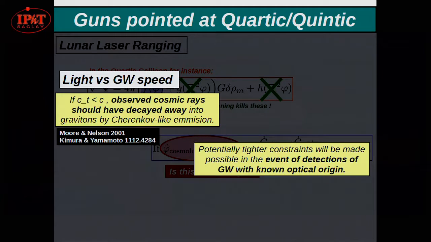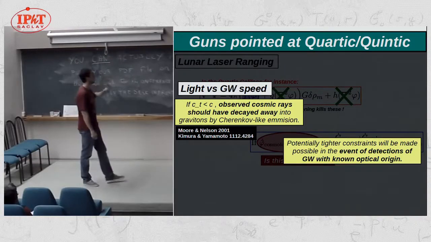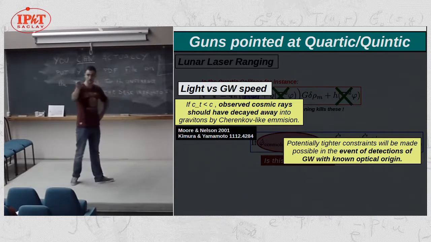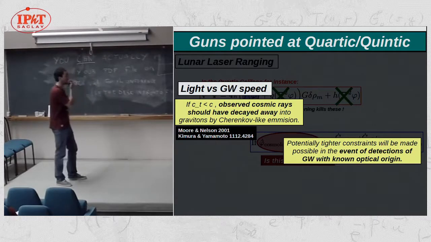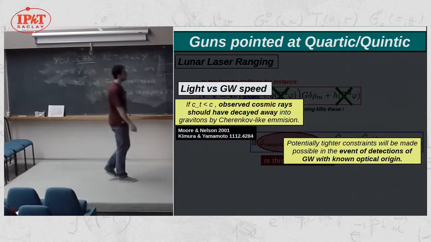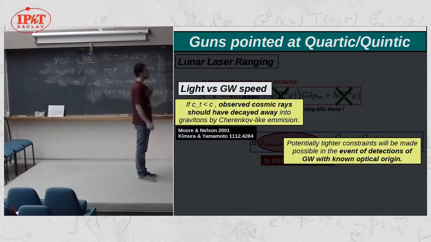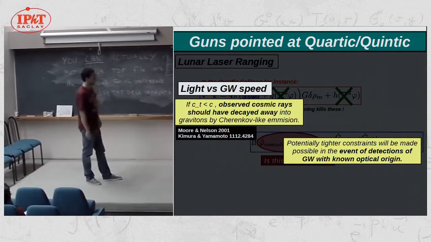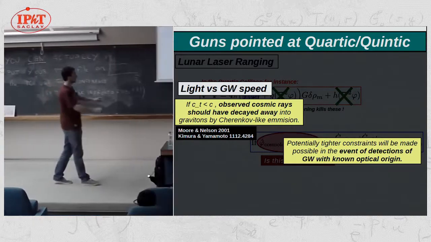Then this has been mentioned already in the conference and over drinks: the propagation of light versus gravitational waves. So if CT is smaller than C, then you can rule out, as Miguel showed, the quartic by the Cherenkov radiation argument. And now with LIGO online, potentially tighter constraints will become available in case LIGO detects a gravitational wave with a known optical origin. And these are, again, 2 more very serious guns pointed at both these models, the quartic and